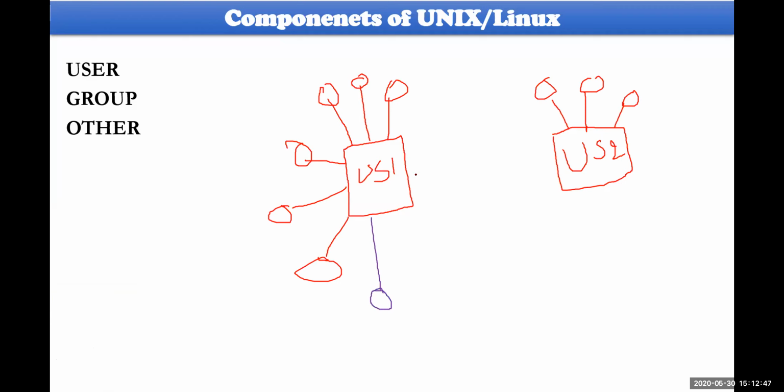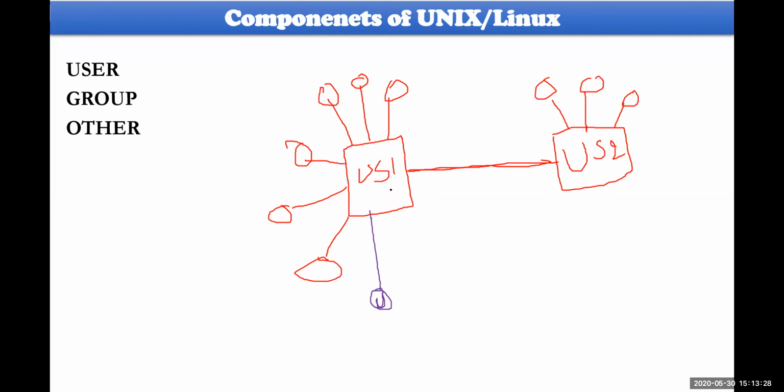However, there is a connection in between these two servers also. This server belongs to some purpose, and this other server belongs to some other purpose. From this point of view, let me talk about who is the user, who is the group, and who is the other. If you talk about the user with respect to this particular color, he will be the user, and this user will be connected to Unix server 1, and he works out whatever operations he is supposed to do here.